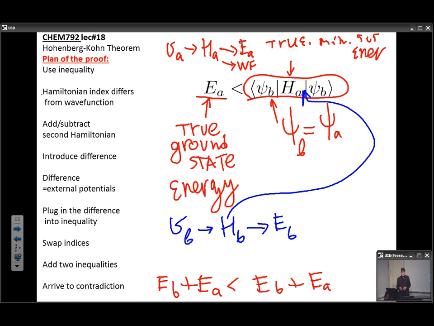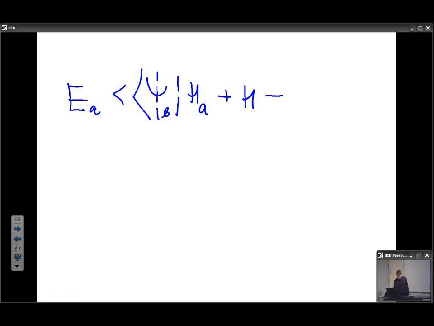The rest is more plain with expressions. So if we add and subtract HB,